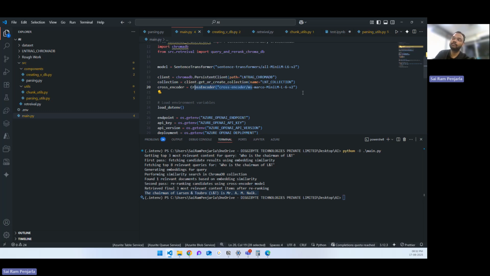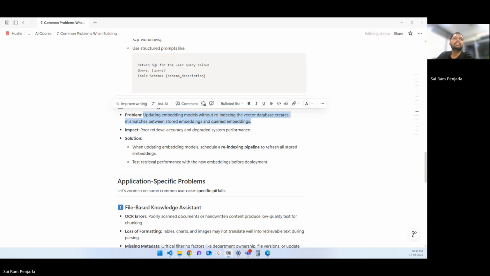re-ranking, not just model, you can do the re-ranking in many other ways also. You can use fuzzy matching or difflib or many other techniques. So whatever technique you're using for re-ranking, you need to make sure that it doesn't get rid of important information. So these are some of the things that you have to keep in mind if you want to improve your